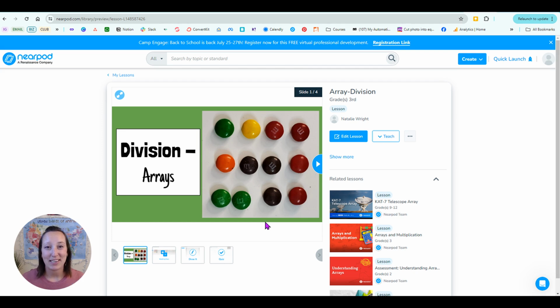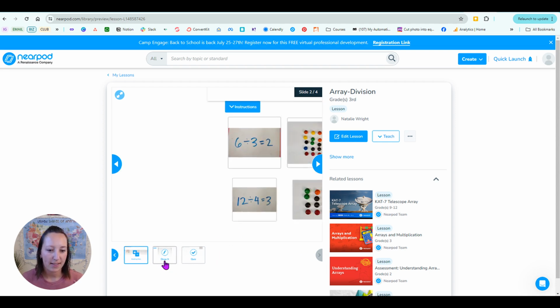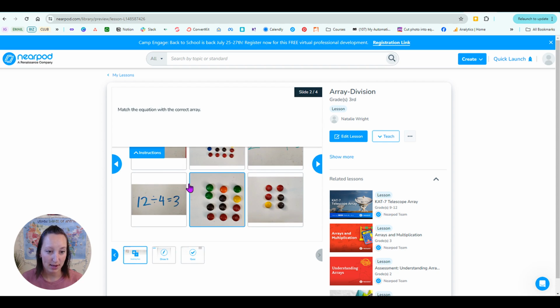There are matching games you can embed right inside of Nearpod. So let me show you what a few of those will look like. I absolutely love using Nearpod in my own self-paced classes. So back inside Nearpod, I really want to show you some of these interactive activities that are available right inside Nearpod. So we're inside one of my lessons again, and this is the matching game,